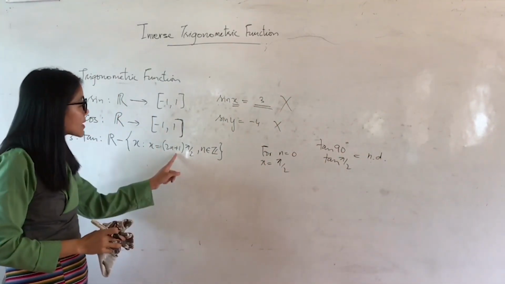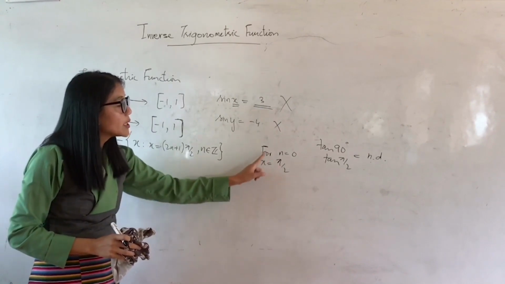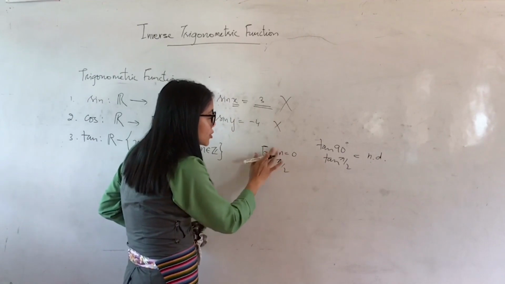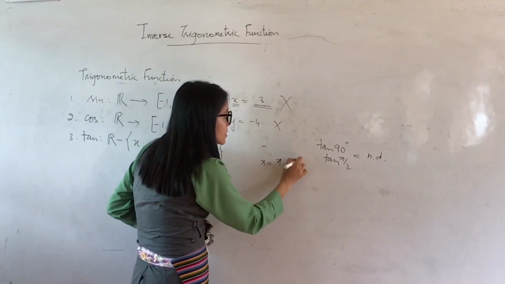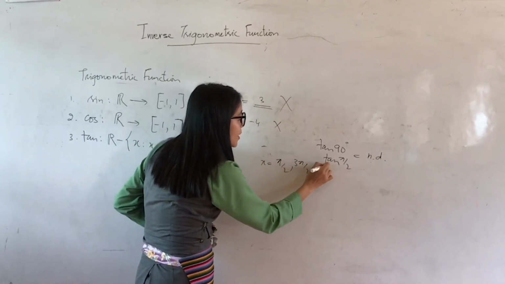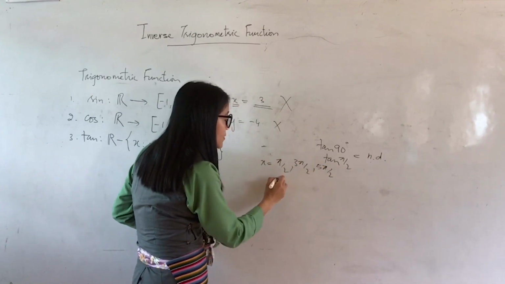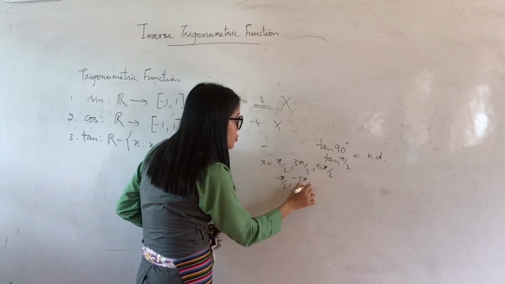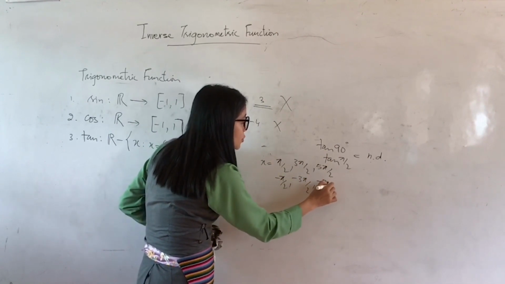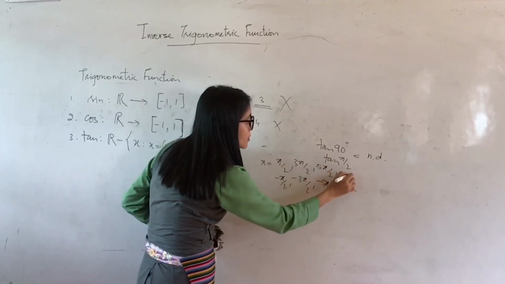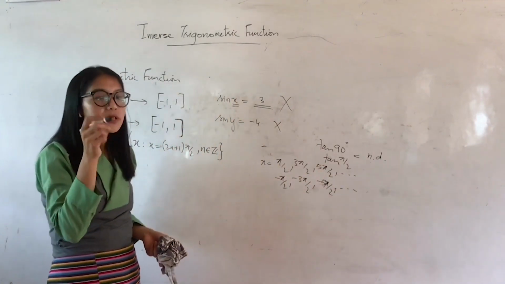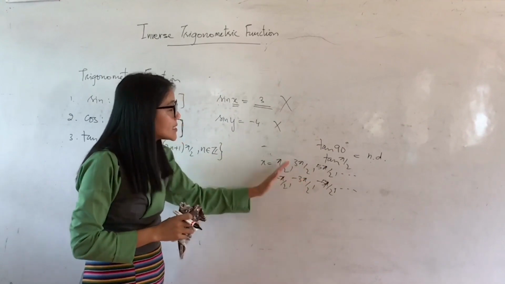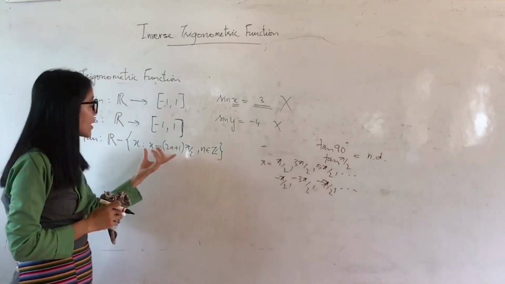So therefore, we are excluding all such points. It is not only the point at which tan is not defined. We have some more points, that is at pi by 2, also at 3 pi by 2, at 5 pi by 2, right? If I also go on the negative side, negative pi by 2, negative 3 pi by 2, negative 5 pi by 2, and so on. As many revolutions as you increase, we get more such points. So at all these points, tan is not defined. So therefore, we are excluding all such points.